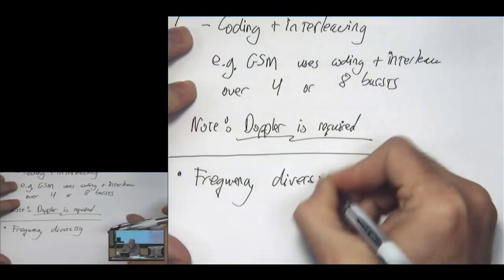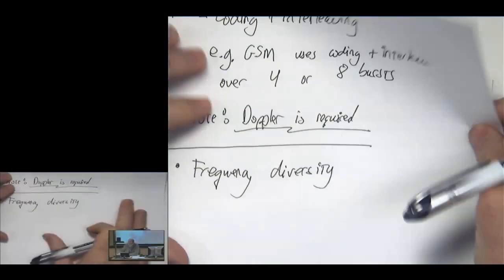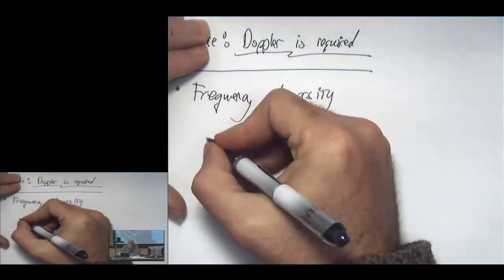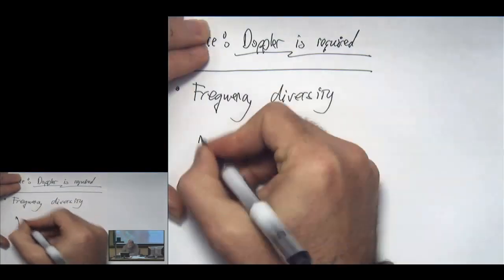So frequency diversity actually comes from transmitting information with a bandwidth larger than the coherence bandwidth. Equivalently, the symbol period is on the order of or smaller than the RMS delay spread. So what this means is, if we looked at the transmitter and receiver here,